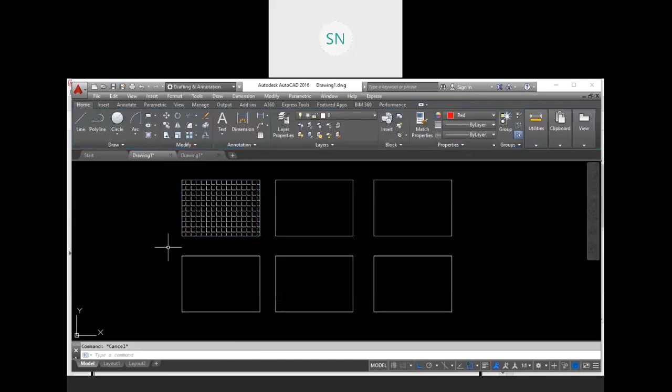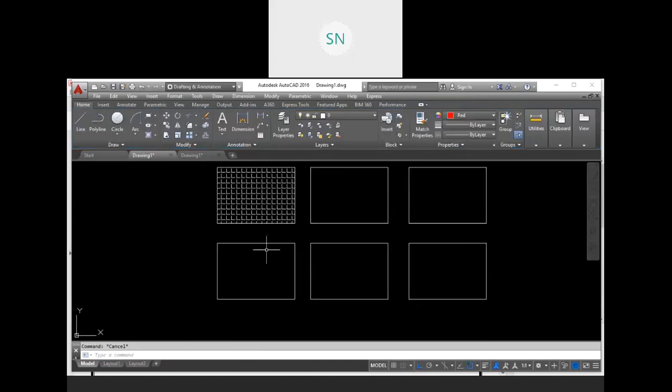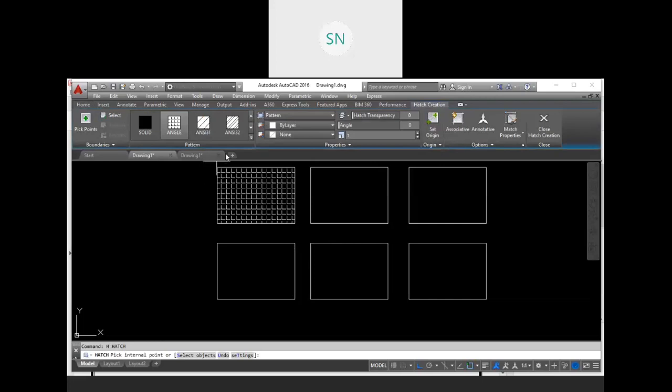So this is Hatch. We have many patterns, like if you have a section drawing and you want to fill up the area where the solid is going to be cut or trimmed, for that we have a mechanical pattern also. So go to the setting.